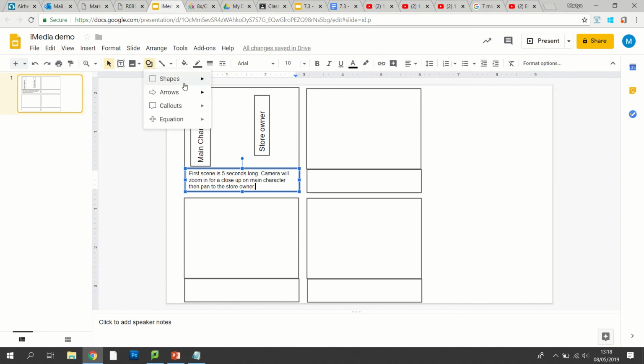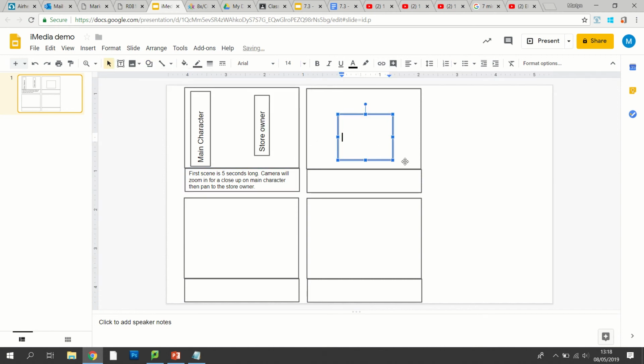Then over here, I might say store owner, close up, 3 seconds, character starts to explain the next level.